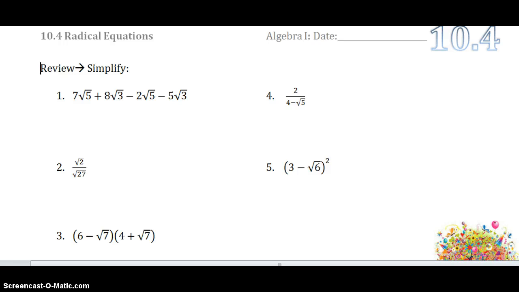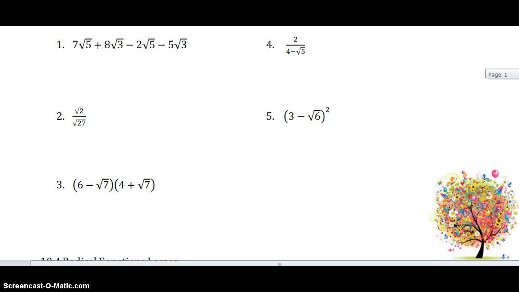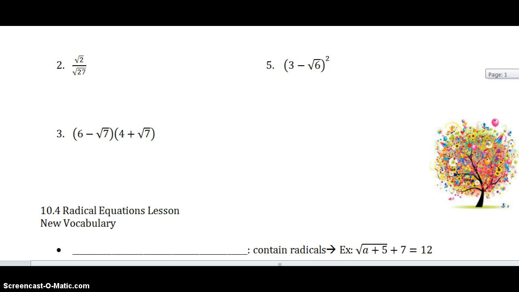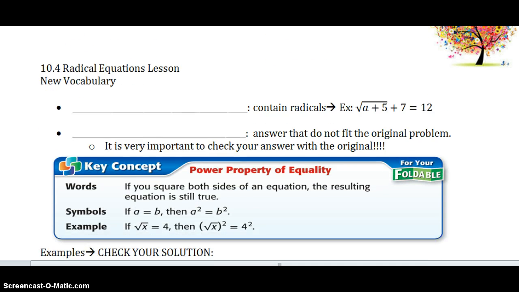Hello, algebra students. In today's lesson, we're going to be working with radical equations. Now, up to this point in Chapter 10, we have been working with radical expressions, and these first 5 problems are review. I'm asking you to do those on your own, and we will check those first thing in class tomorrow. Because in order to be successful at solving radical equations, you need to be sure you can solve radical